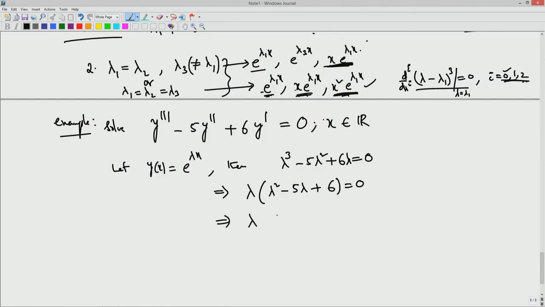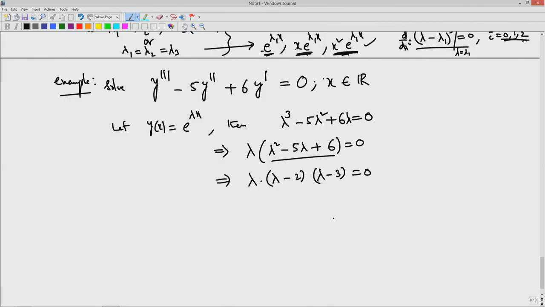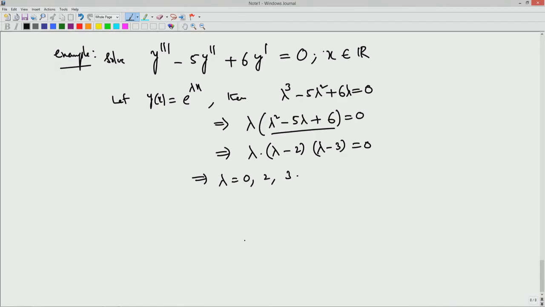So, what are the roots here? So, lambda minus 2, lambda minus 3, you can easily find. Okay. This is a quadratic equation, you know how to find the roots. Okay. So, you can do this, minus 2 minus 3, so you have minus 5, 2 into 3, 6, so it is easy. So, these are the roots, lambda is 0, 2, 3. Okay. Once you have these 3 roots, they are all distinct. So, you have y1 of x is e power 0x, that is 1, y2 of x is e power 2x, y3 of x is e power 3x,